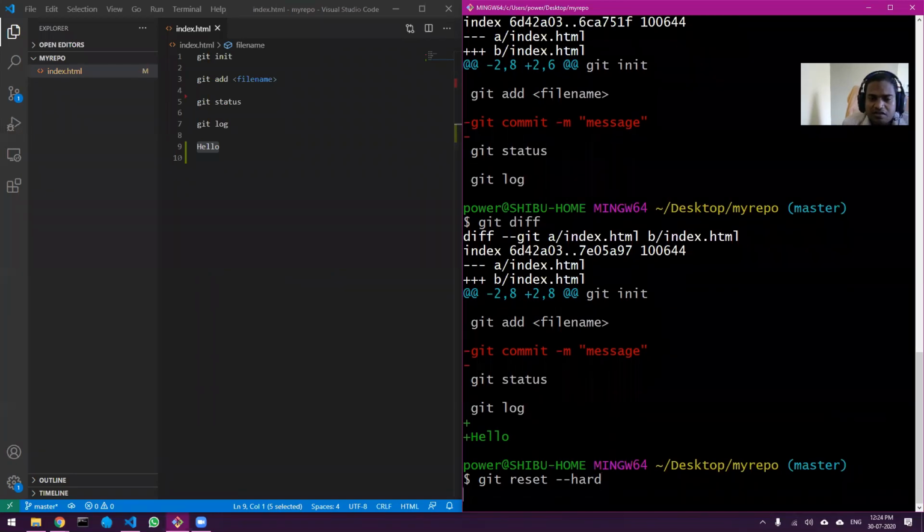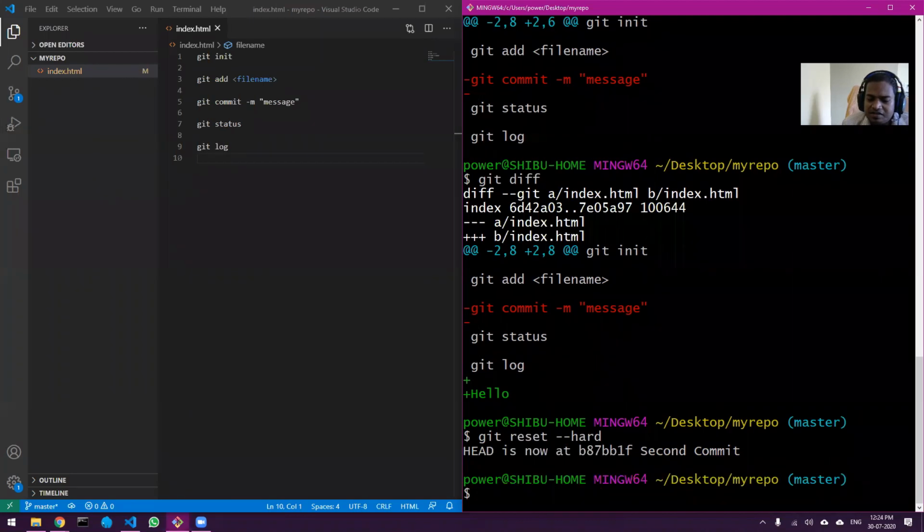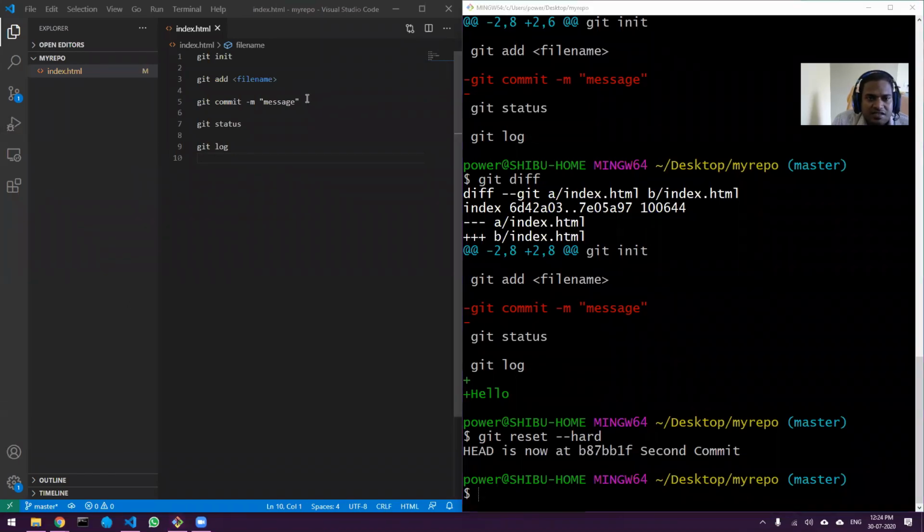When you run this command, you can see what has happened. Did you understand what just happened? It has given me the deleted message back, and the hello message I added is gone now. I'm back to my original file.